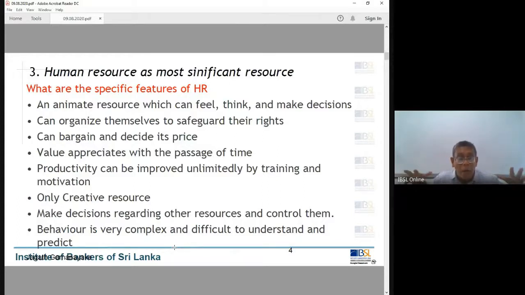Second, they can organize themselves to safeguard their rights. They can form together. Other physical resources can't come together to safeguard their rights, and neither can finance; only the human resource can come together, right? And they can decide their price. That is why we have a trade union. They get together and they can come for pricing. And remember the most important thing, usually